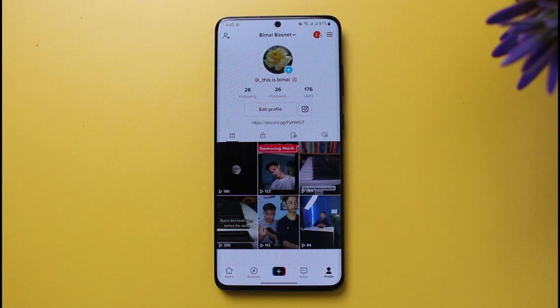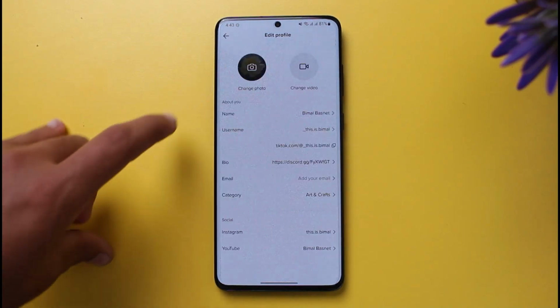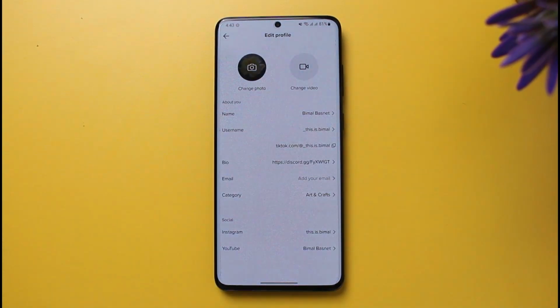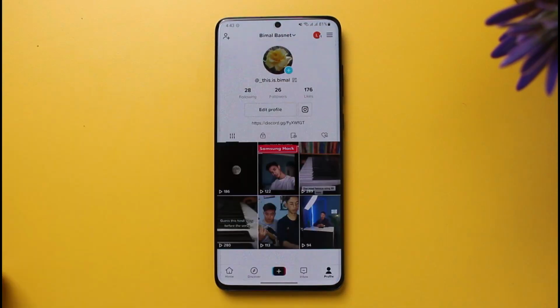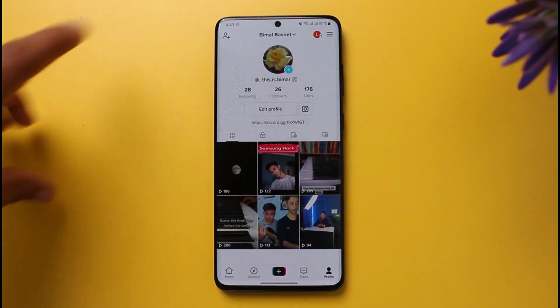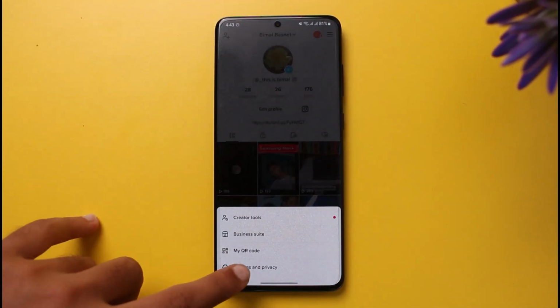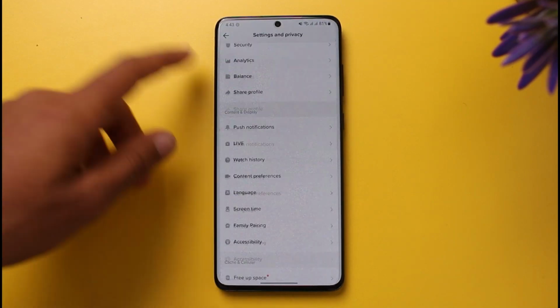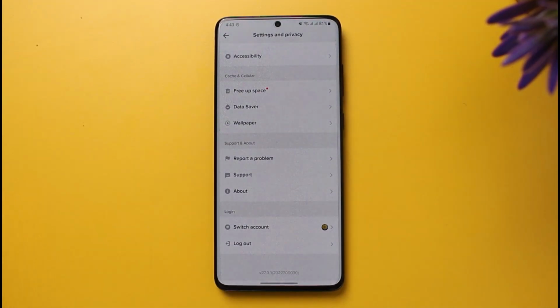Now in order to change your A's, if you go to edit profile, there you won't find any option from where you can change your A's, and then if you go to the three lines on the top right corner of your screen and then go to settings and privacy, there you won't find any option as to how you can change your A's. So there is only one way as to how you can change your A's on TikTok,